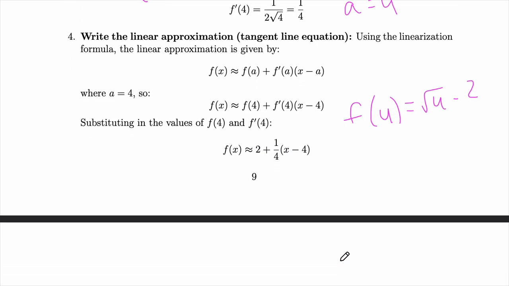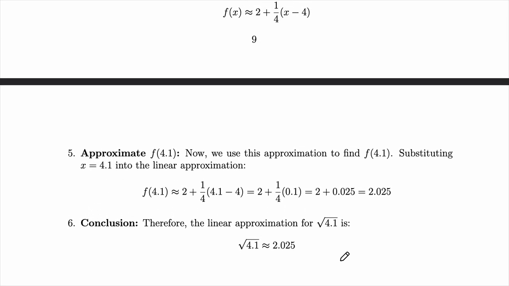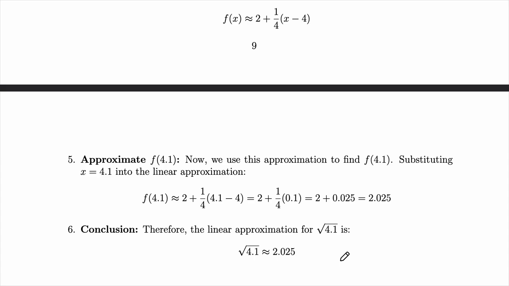Now we're going to use that to actually approximate the value at 4.1. So let me do it like this so you can see everything. We know that f of x, or f of 4.1, is approximately equal to 2 plus 1 over 4 times, plugging in for x here, this 4.1 minus 4. Again, we're just simplifying in these steps, and then we get 2.025. So we conclude that the linear approximation of the square root of 4.1 is approximately equal to